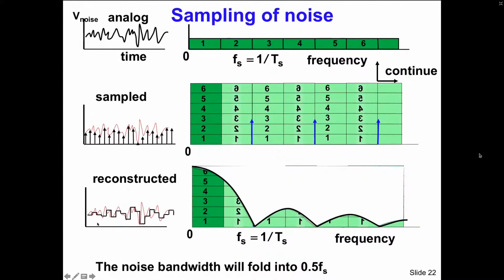What you can do is go to a reconstructed version of these samples, and then you find out that this reconstruction acts as a filtering, and with the optimum filtering, for instance a zero order hold in this case, you will get back exactly the same amount of noise energy as we started with here in the analog domain. A typical question for a job application interview of a PhD student, because I think those students should understand this phenomenon here.